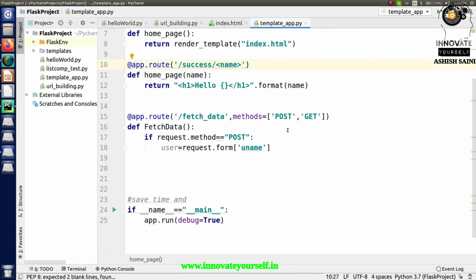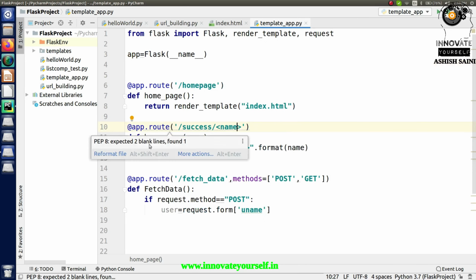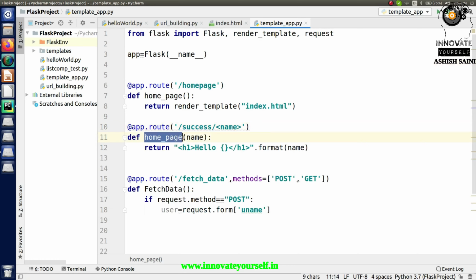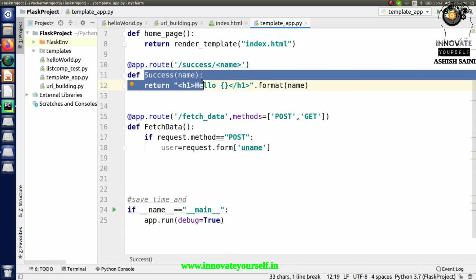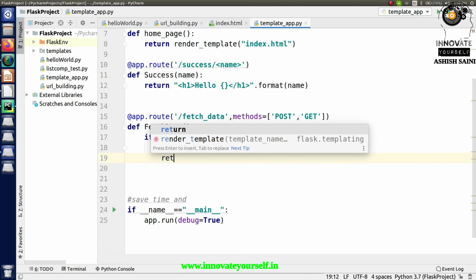Okay, so this is what exactly I want to do. And one more thing, let's change the name, just give it a name as success. Now I have to redirect it to this particular function which I have created. For that, just return it.